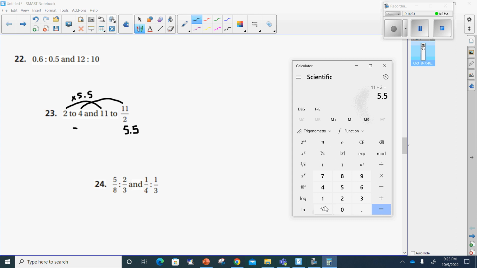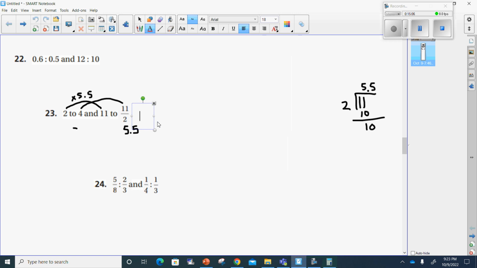Because 5.5 divided by 4 does not give me 5.5, it gives me 1.3. So this is not proportional. No, it is not proportional. All right, let's go to number